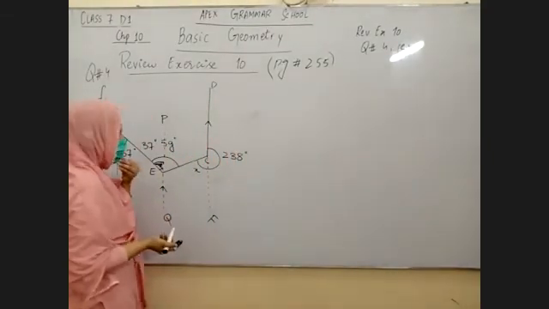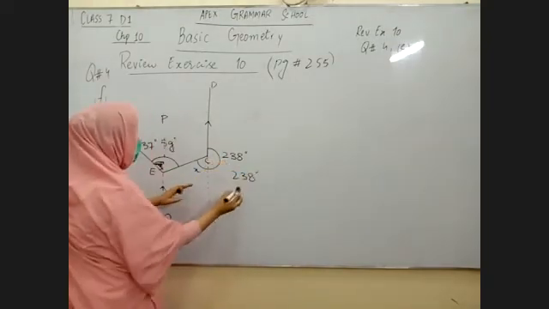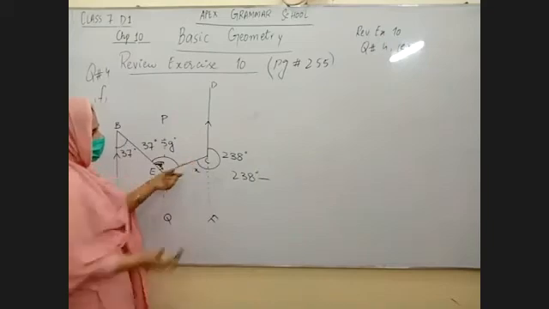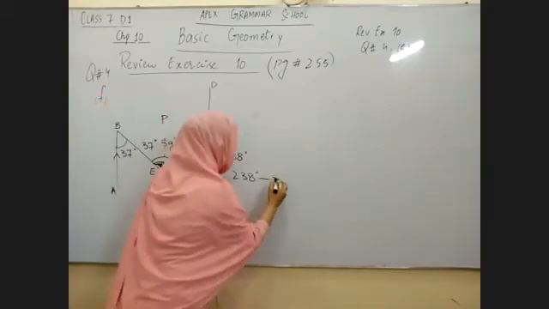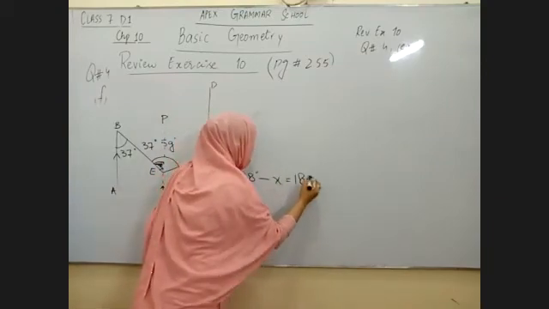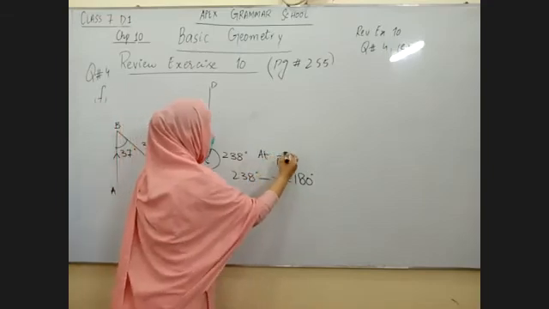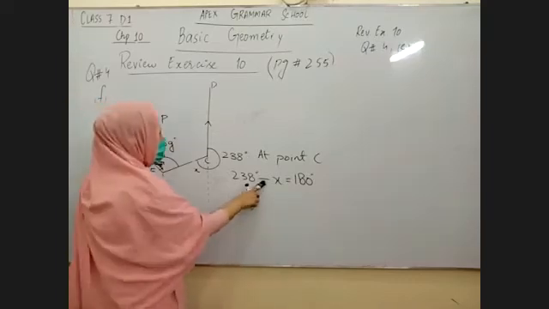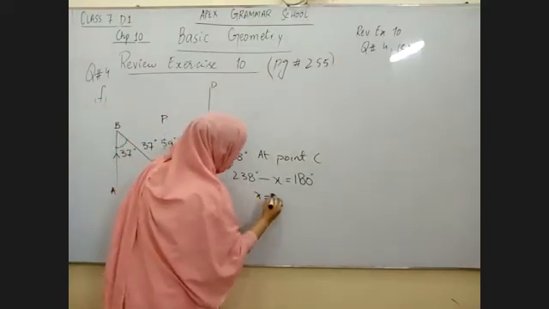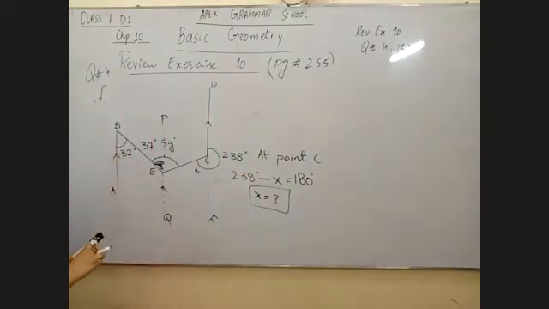Okay, the equation I was talking about is: अगर आप 238 degrees में से minus कर दें सिर्फ इस वाले angle को, इस complete angle में से अगर आप सिर्फ x को minus कर दें, then you will get a straight line which is 180 degrees, and we are doing all this work at point C. Okay, now ये minus हो रहा है, यहाँ से आपने x की value find out करी. I think that you can do it by yourself. It's very easy to find out the value. आपने यहाँ से x की value find out करनी है.